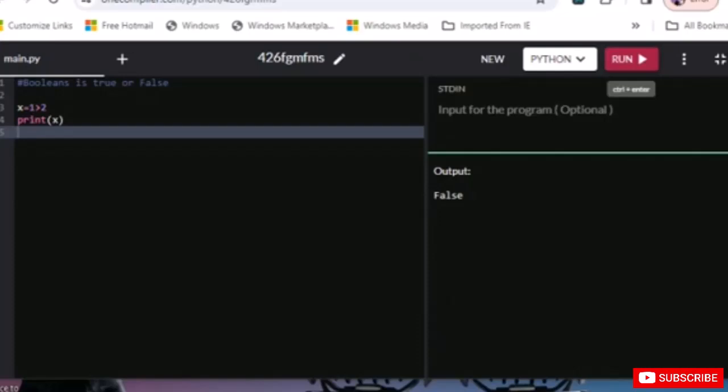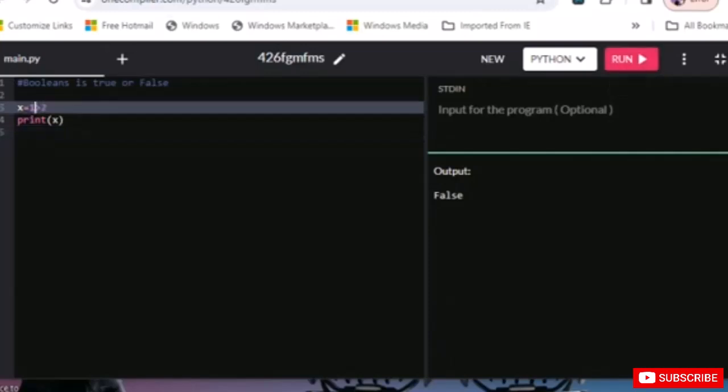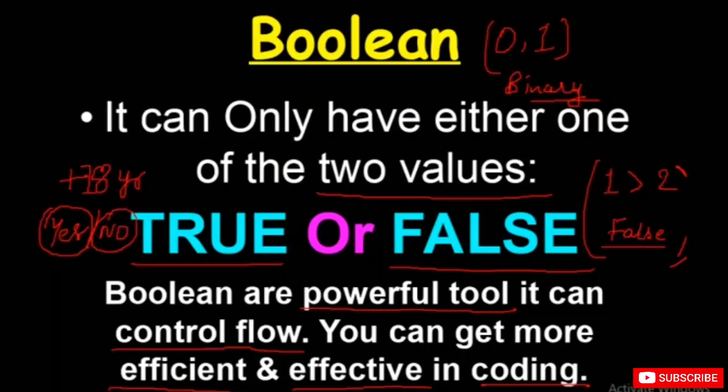As you can see, I have not used anything special. Boolean is actually an inbuilt data type that we can use without calling or creating anything of that kind. Let's make it 10 just to learn that, and hit run. Now it's true because the statement is true, as we know.